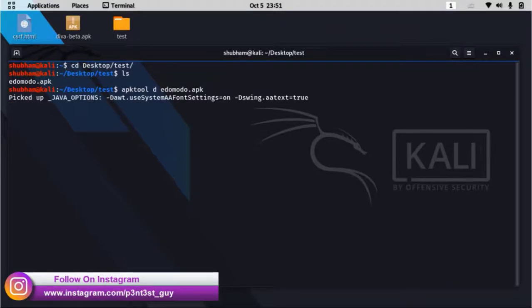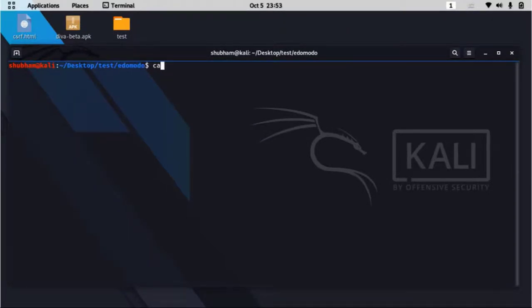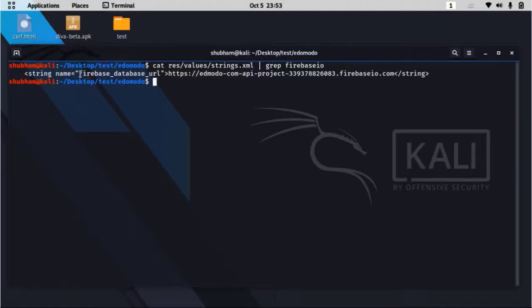It will take a while. After that I'm going to dig into the strings file. Here you can see that it made a directory with that particular APK file name. I'm simply going to cat res/values/strings.xml, and also grep it with firebaseio. You can see over here we got a Firebase database URL. I'm going to copy it